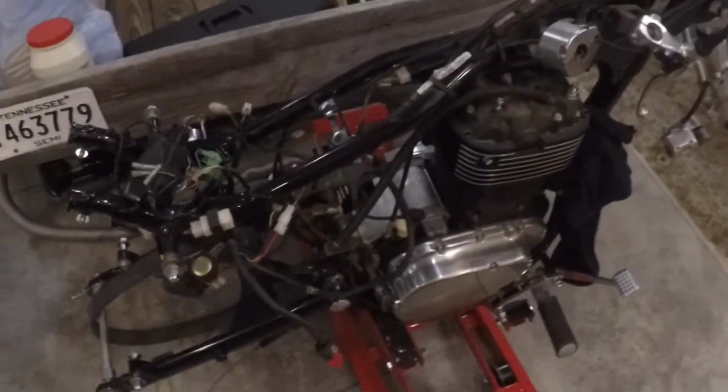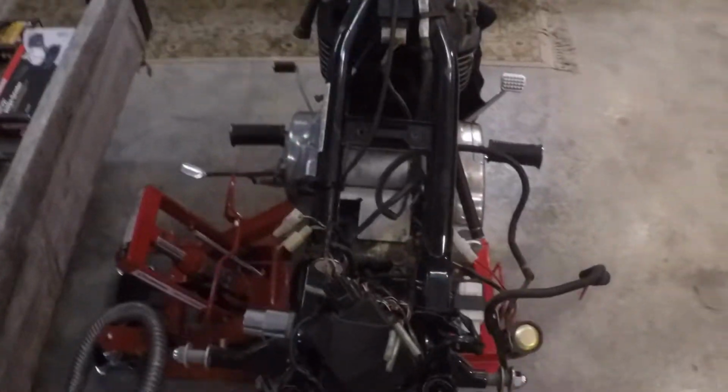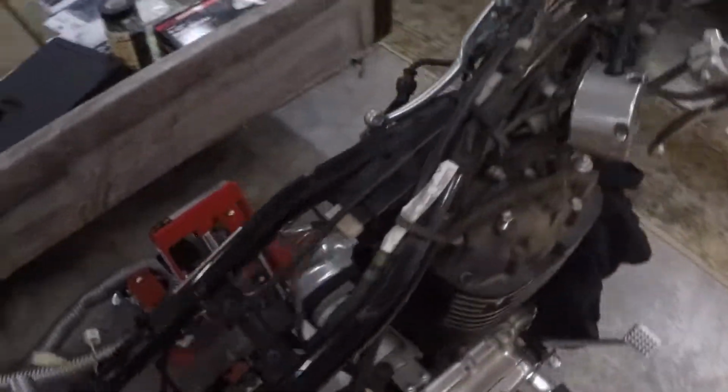Okay, this is the next weekend of working on Nikki's bike. This is the third time we've gotten together to work. We've got it torn apart pretty well. We just got to get all this wiring off of here, a few parts here. We got to get this solenoid off of here, and